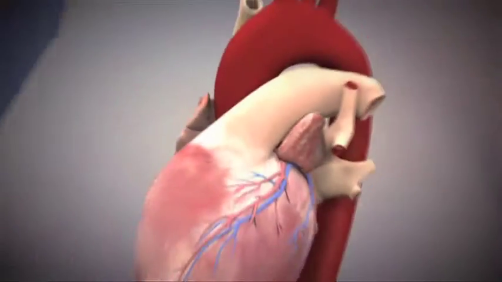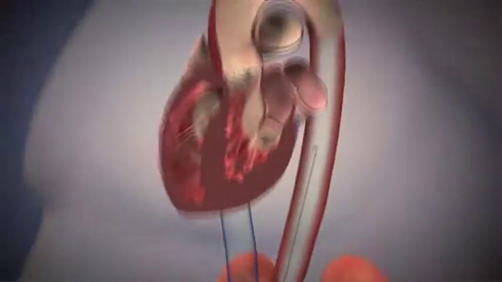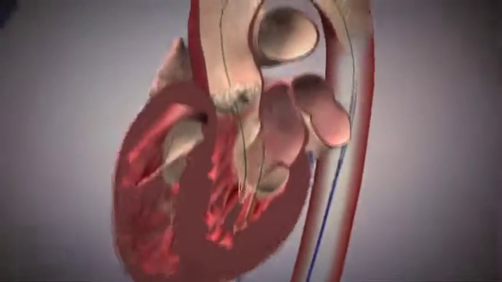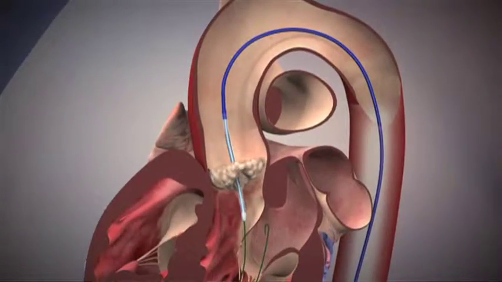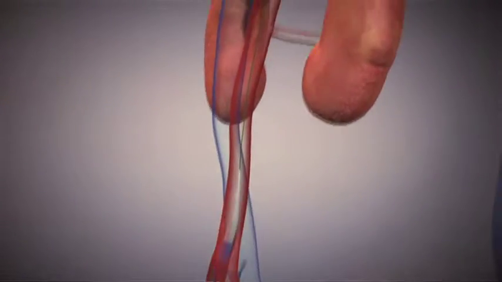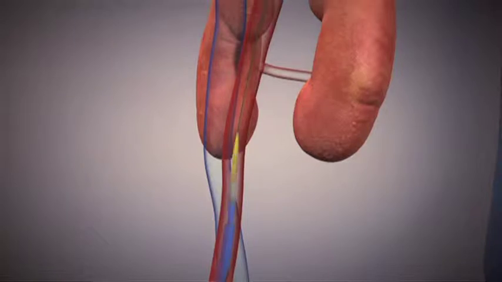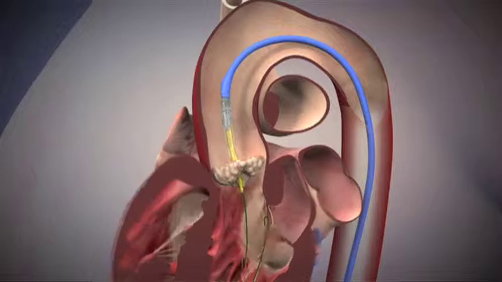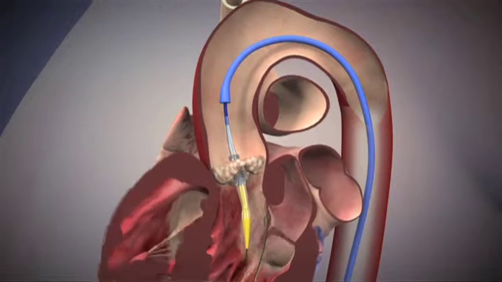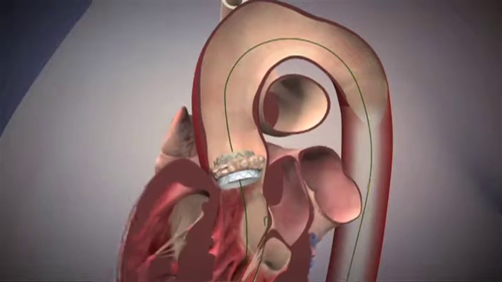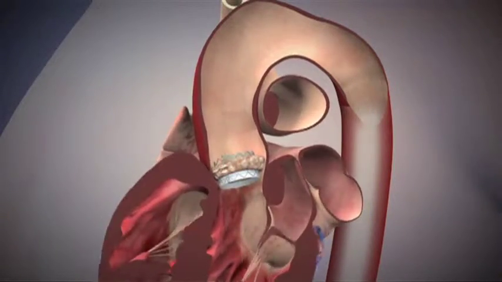So back to Alessandro for a second on the evolution of the technology, the delivery systems, and the distal protection. What do you see happening? I think that this is probably going to go the same way that carotid procedures and aortic procedures have gone. We've managed to tweak the technology so that we have ways of protecting the body from stroke, and we have ways of minimizing the size of the tubes that are used to deliver these devices so that we are less traumatic to the arteries as we pass them through the body. We've seen that both with carotid stenting and with aortic stenting, and I suspect that we may see that as